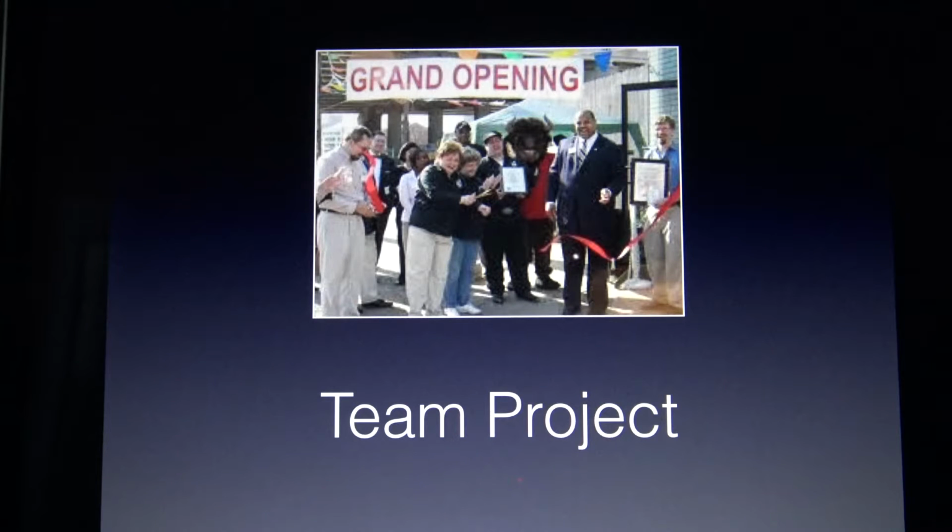Team project. This presentation will outline the objectives and the way in which you go about performing the team project assigned for this class. Remember that the team project is different than your company. Your company is the new business you're going to do a proposal for. Your team project, you're going to go look at an existing business. At the end of this, I'll give you the details as to what the project should look like.